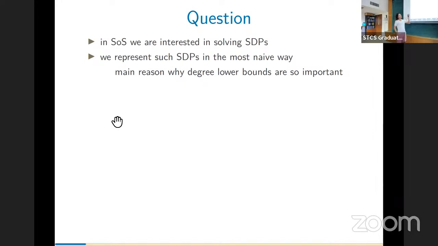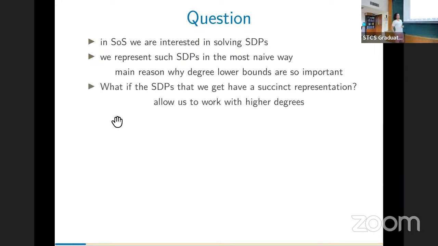This is the main reason why these degree lower bounds for SOS are really important to rule out the SOS algorithm approach. Because if the degree is too large, then my representation is really big, and I cannot solve my SDP because just reading my input takes a long time. But this is not the end of the story. It just means that this representation is bad. If we could represent it succinctly, we could go over this degree bound. And usually they also want to prove degree upper bounds to say, I have a small SDP and then my algorithm is already there.